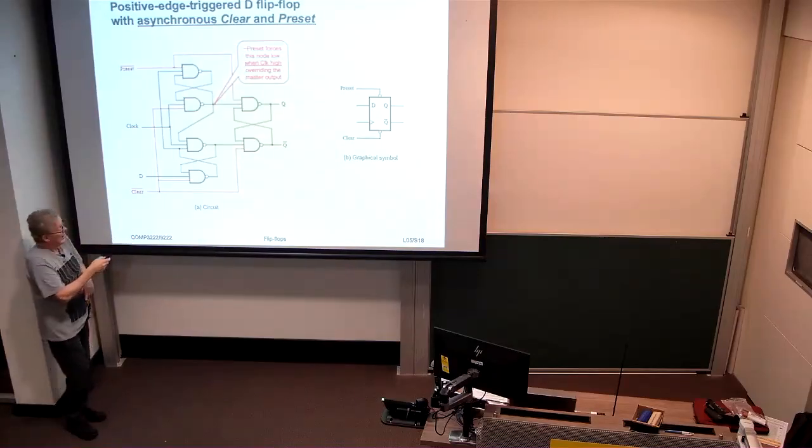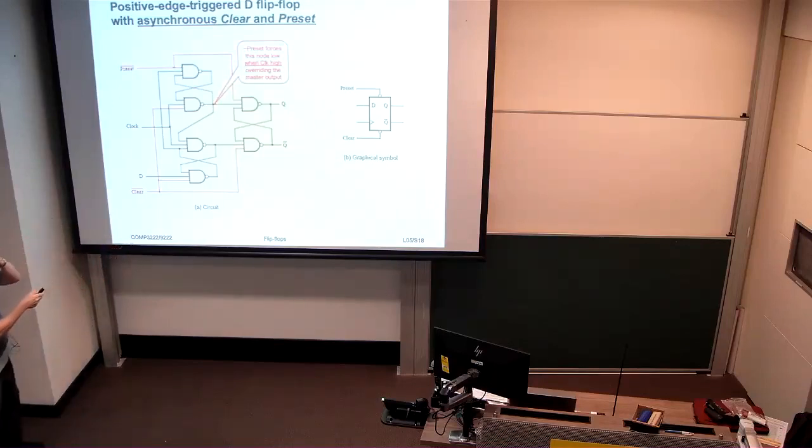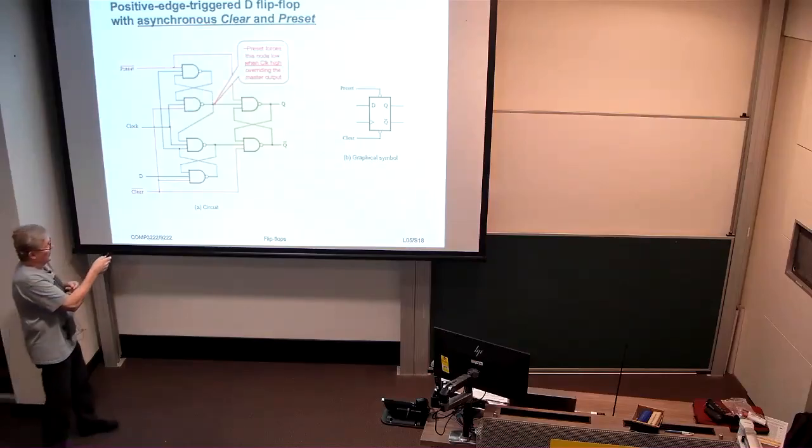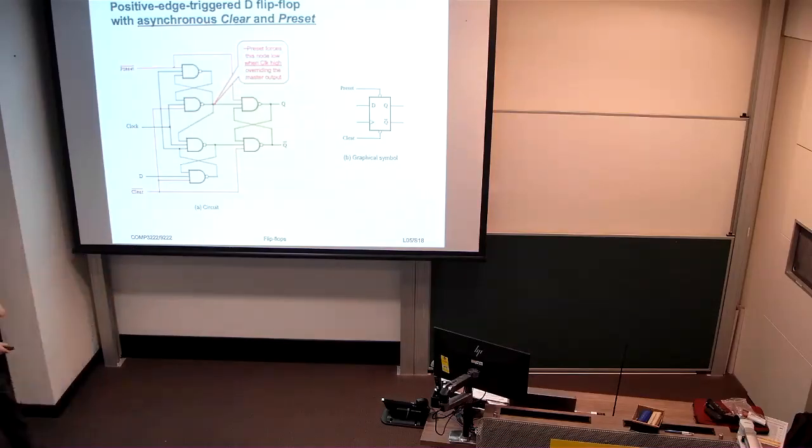therefore this goes to low. This guy being low forces, overriding the master output. So whatever the output was, it forces this to low. As a consequence of this being low, this output's going to go high, right? So that's when the clock is high. And when the clock is low,